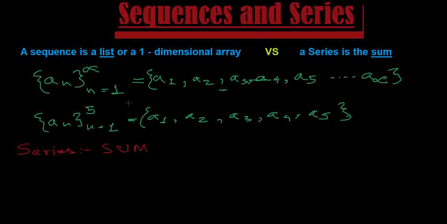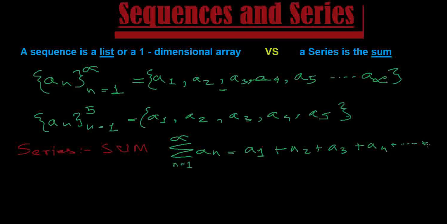So what is a series? A series is a sum. It is not just a sequence of terms, but a sum of the terms up to a specific term or infinity. Let's see how we can denote a series. A series can be denoted with the summation sign of a_n, where n goes from 1 to infinity. It can be written as a1 plus a2 plus a3 plus a4